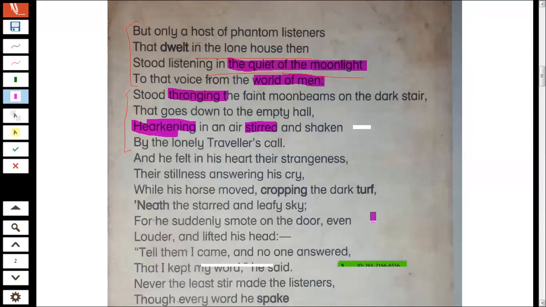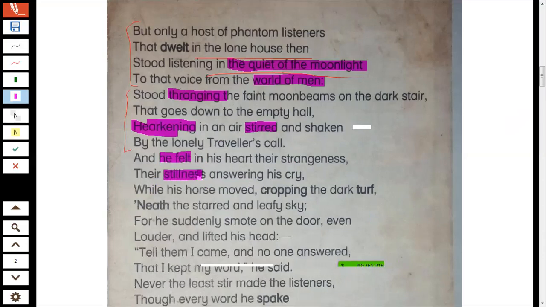Even birds were available in the turret. However, the phantoms were available. So even birds were not bothered with the phantoms. The only thing that made them bothered was the traveler, human beings themselves. Moving forward, and he felt in his heart their strangeness. He here is the traveler, and he felt in his heart their strangeness,